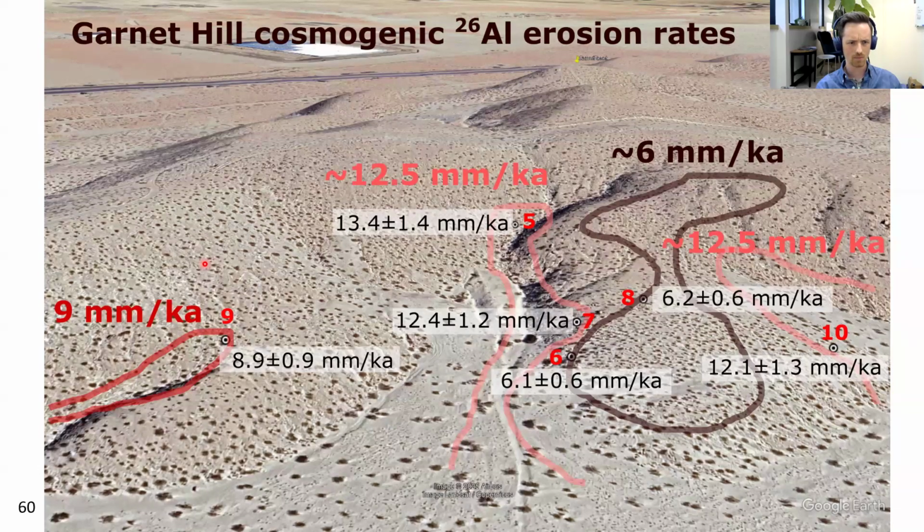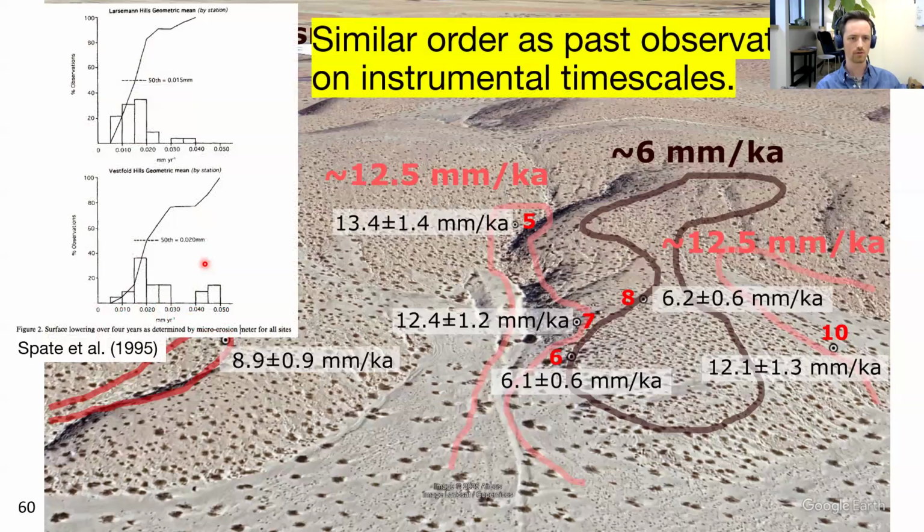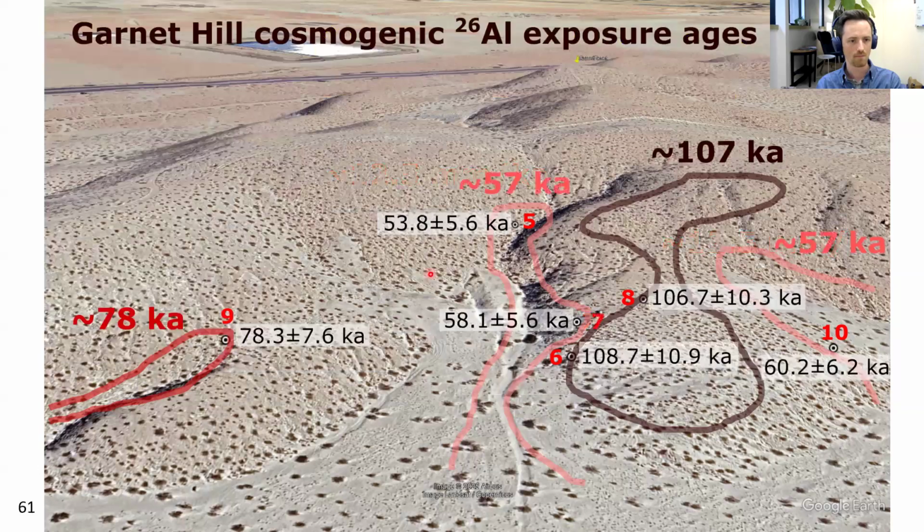And so actually I want to jump over to, oh, no, I'll show you this first one. Here's some context. This is that slide I showed you earlier from that Antarctica study. These were measured erosion rates over 4 years, and they're in units of millimeters per year. So multiply by 1,000, and you've got something ranging from, I don't know, maybe 5 to 40. And then you look at our rates, yeah, they're within that ballpark range. So these aren't crazy numbers, I think is the point there. But now let's look at